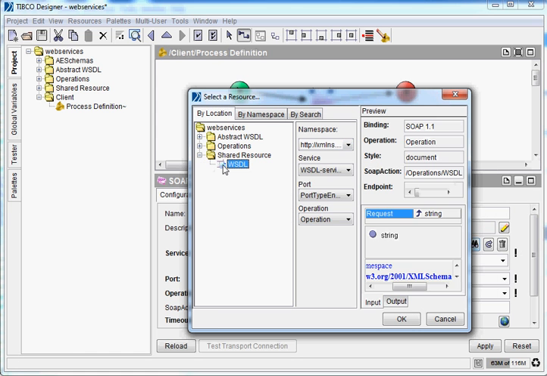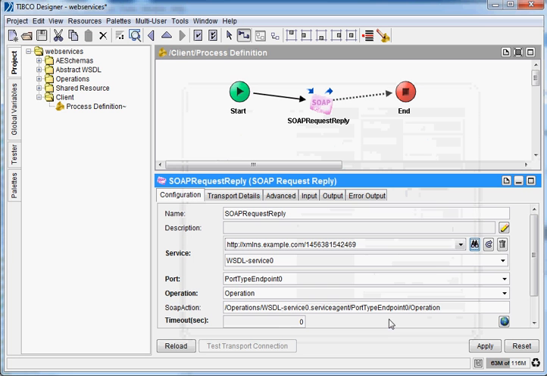Select on create WSDL, select OK, apply, and in the input